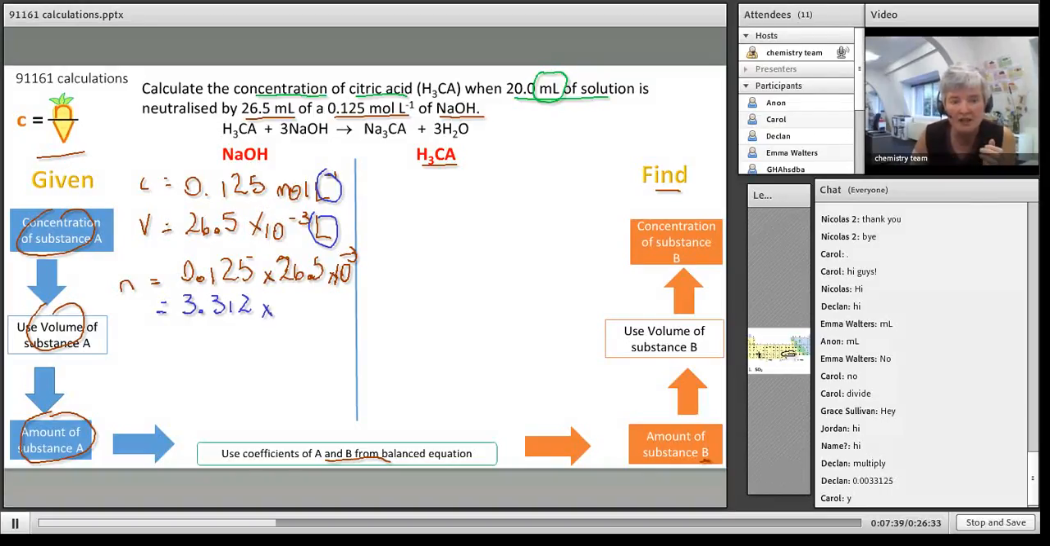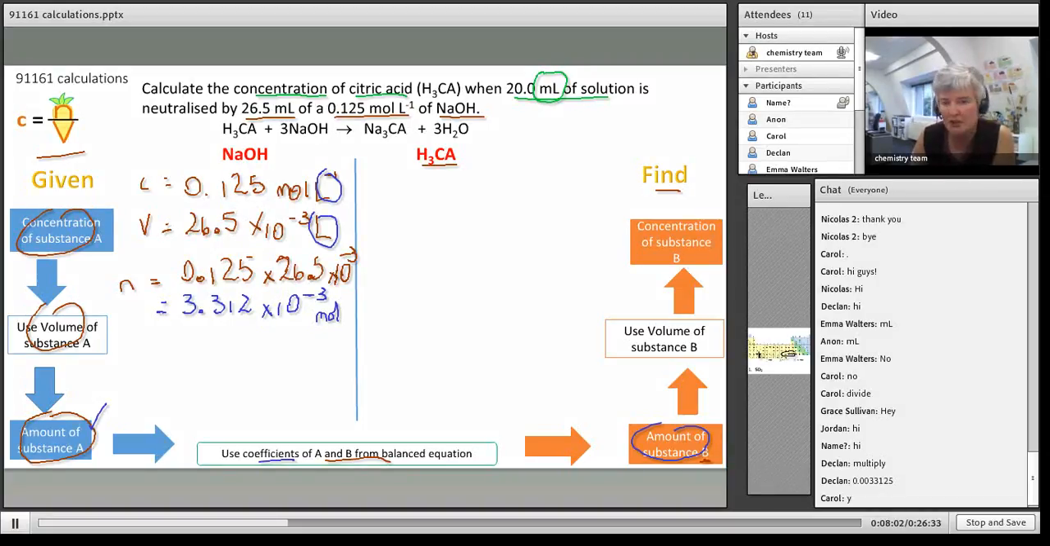So I'm just using what I call scientific notation. Okay, so this is a mole. What we do now is we apply our mole ratio because we've got the amount. So to get to this side, which is B, in other words, the citric acid, I need to